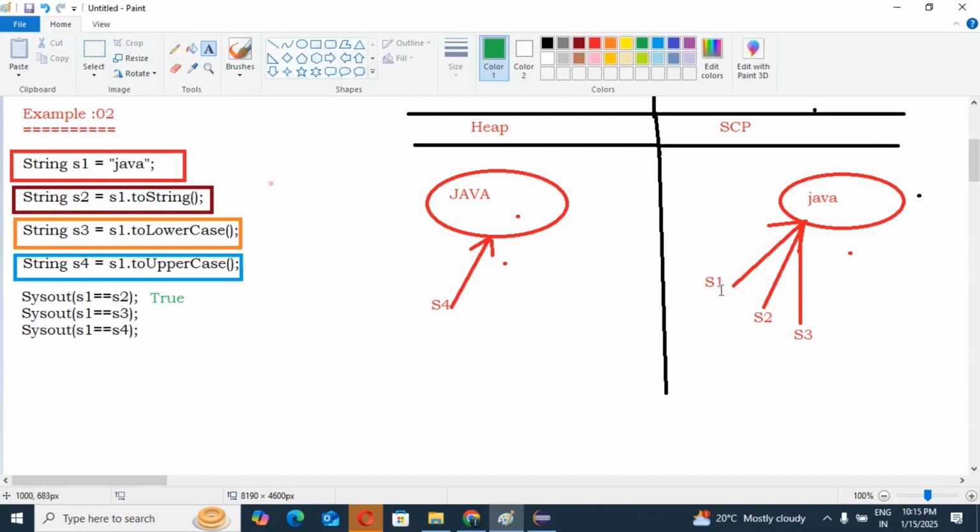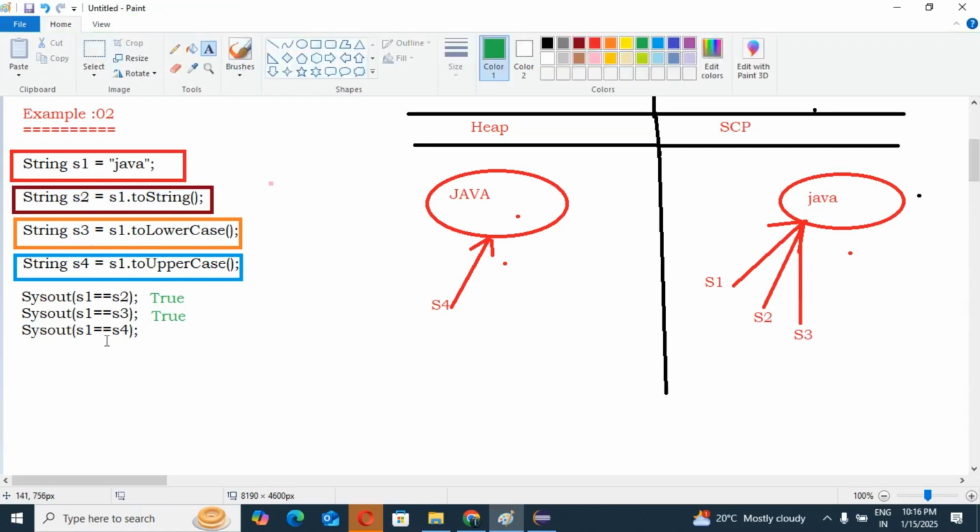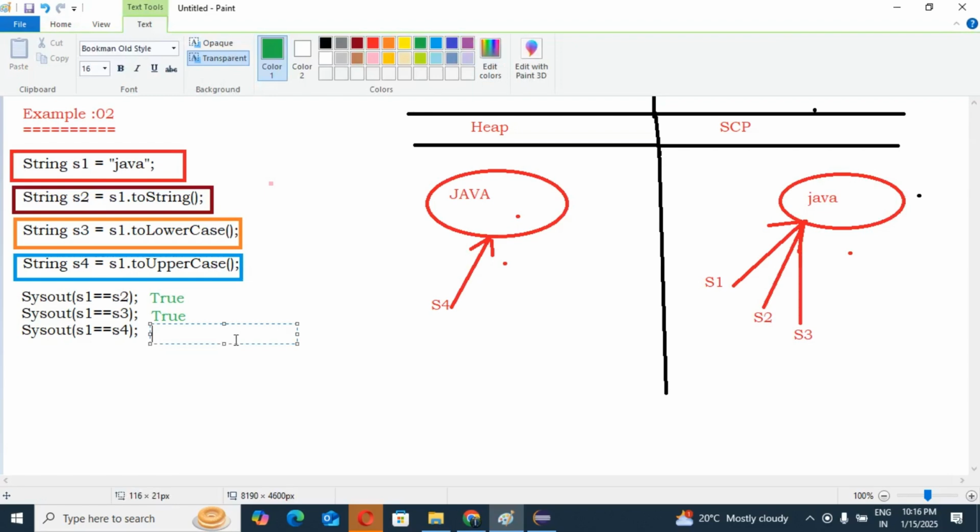You can see s1 and s3 are both pointing to the same object. This is also true only, right? Yes or no? Yes, we should not have any confusion there. Guys, next s1 == s4. s1 is pointing to the SCP object, s4 is pointing to the heap. So definitely this should be false. Yes or no? Obviously this should be false, guys.